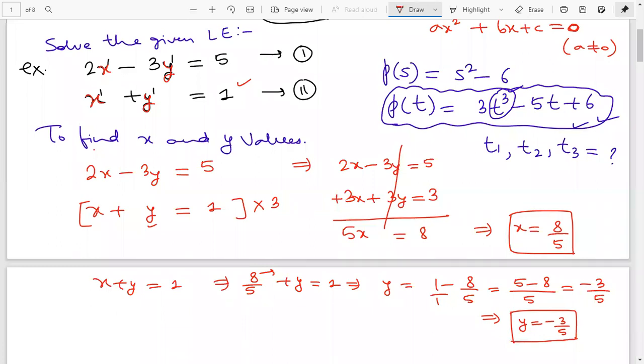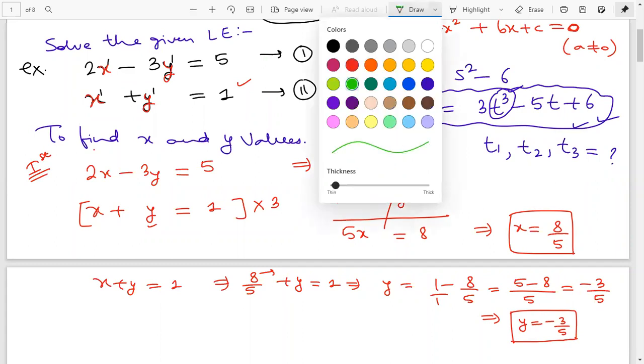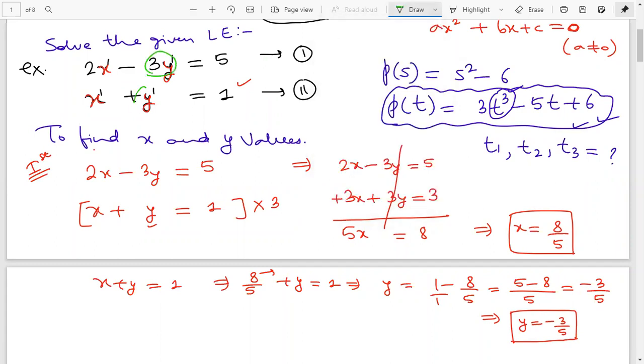I hope everyone understood. So this was one method of finding. We have equated the y values, but we can equate x also, and then find the values of x and y. Let me solve that also. This was the first attempt, when we equated the y values, because here we have 3y and minus 3y, so we made 3y by multiplying the second equation with 3.